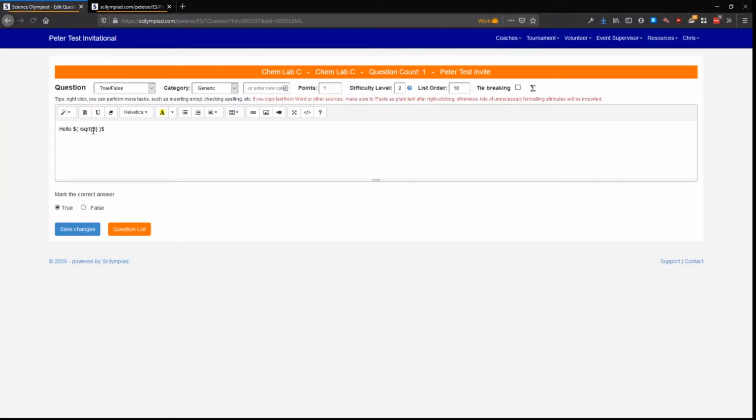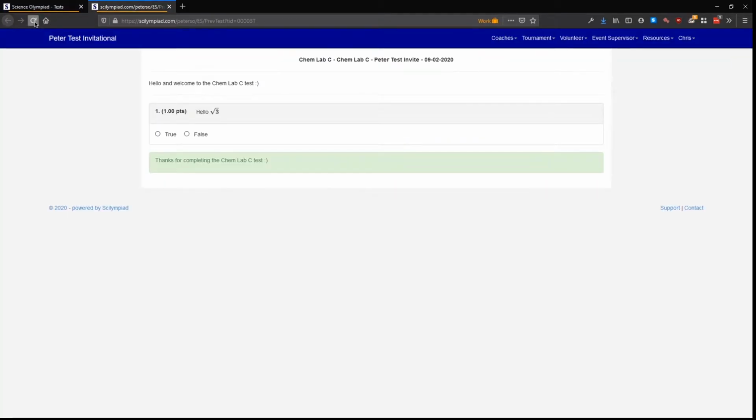We can do that simply by adding 2 square brackets right before our curly brackets and then putting the number inside those square brackets. In this case, say we want the cubed root of 3, so inside our 2 square brackets we'll just put the number 3. And when we save and reload in the test preview window, we'll see this is exactly what we get,